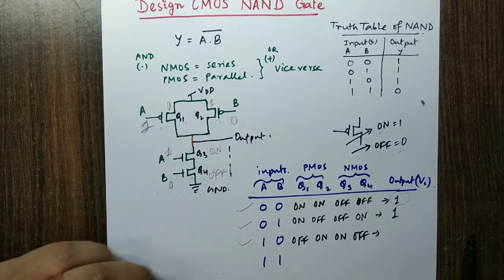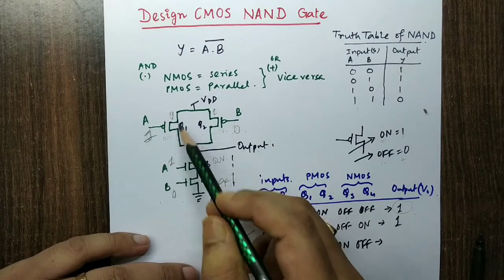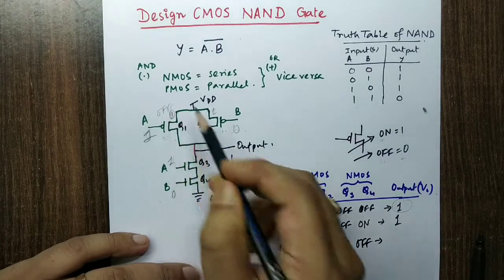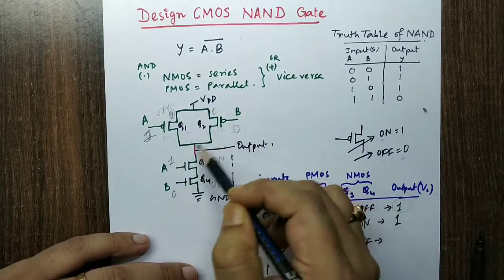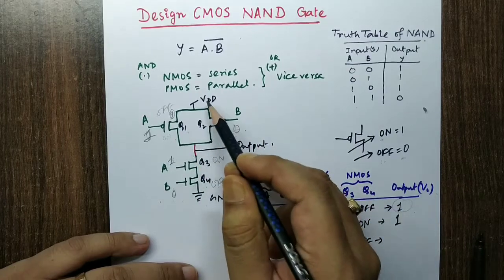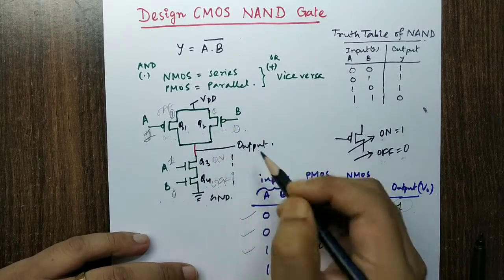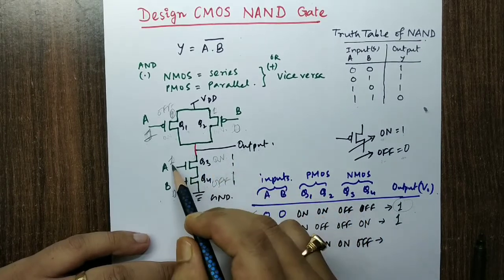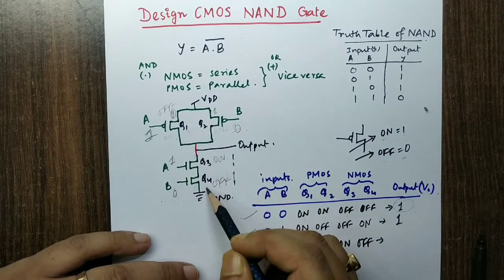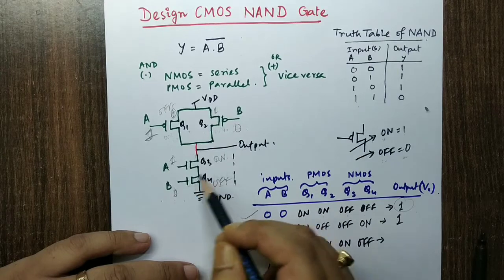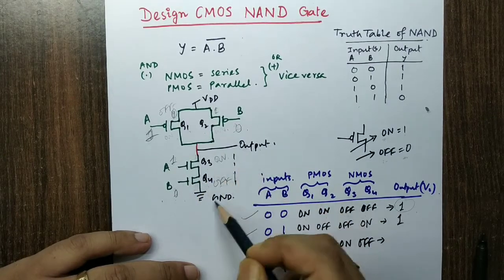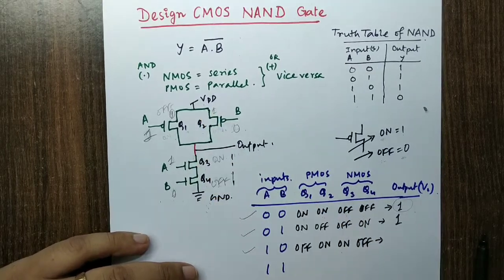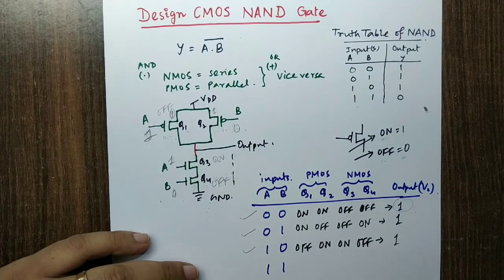So what will happen? Same thing. Now this path goes off because Q1 has 0 value, that means it is off. Q1 is off, but doesn't matter, this path is on. So the output will have a direct connection with VDD through this path. But here in the pull down network, although Q3 is now on, Q4 is off. So we are losing a contact here. It is making an open circuit. So the output has no connection with ground, but still has a proper connection with VDD through this path. So I can write the output as 1 still.